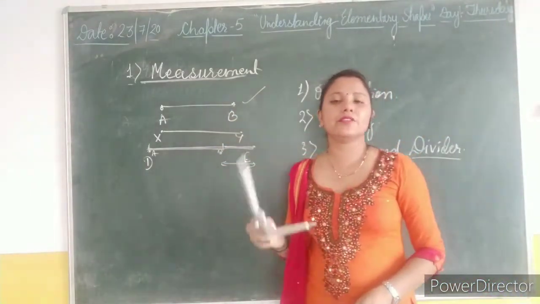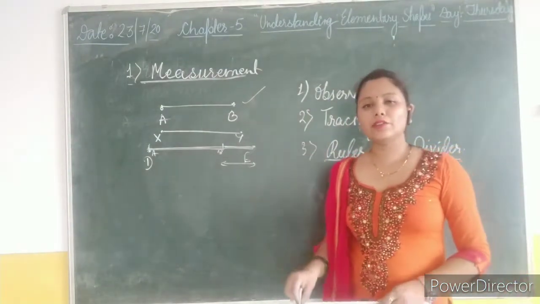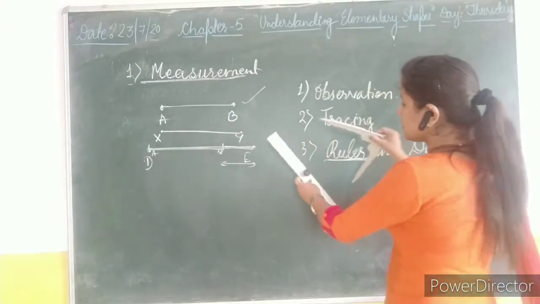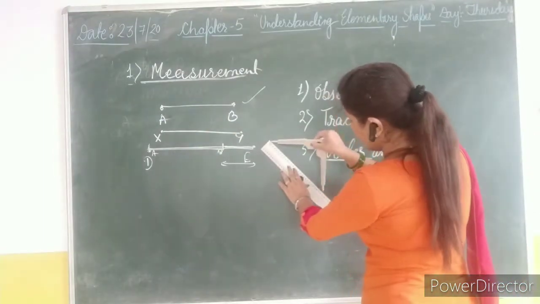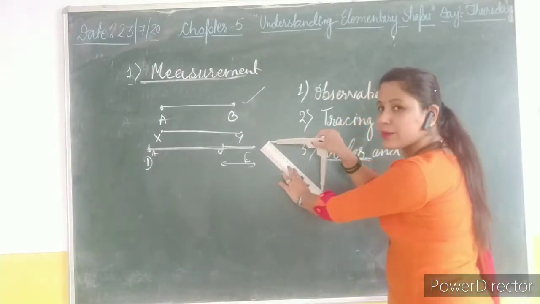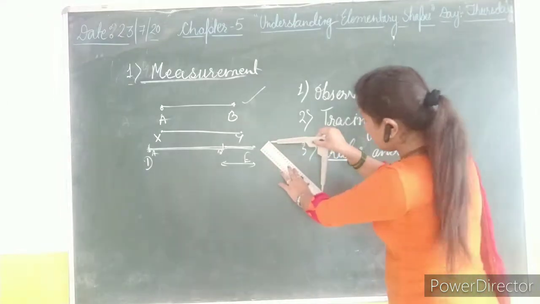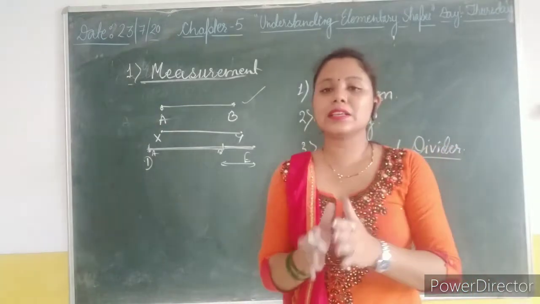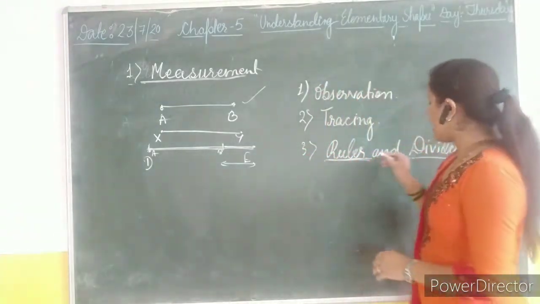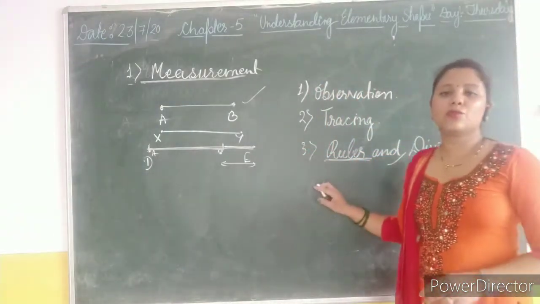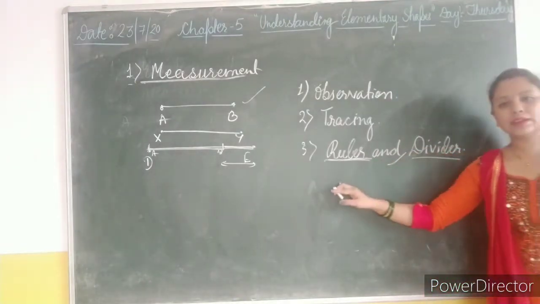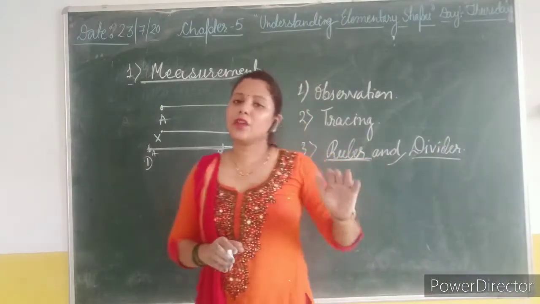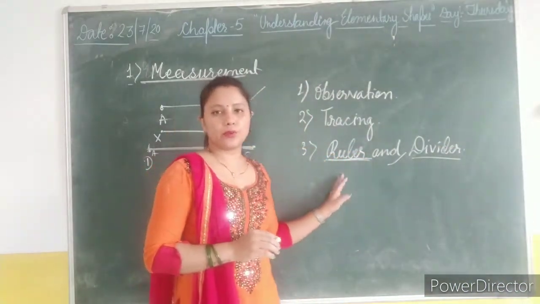With the help of the divider, you can measure the length also. How? That is your AB. Now just fix these 2 points on the scale and measure the length. Clear? So here the length is again 28 centimeters. So basically in the classroom we will follow our third method, and that is ruler and divider. Okay, and most of the time we are using ruler only.